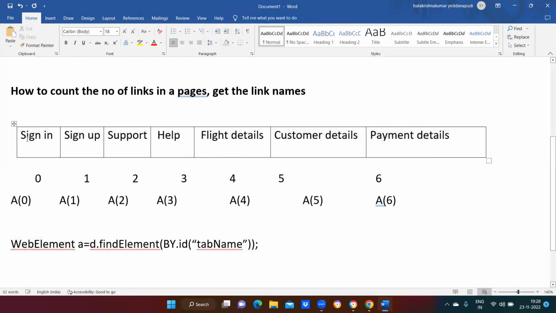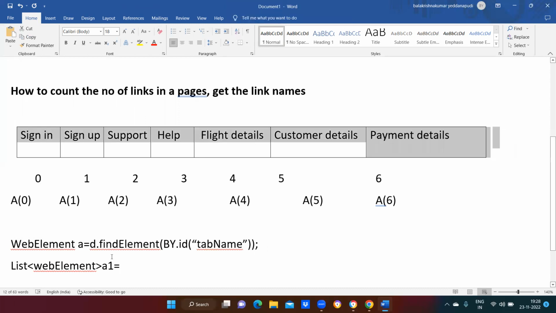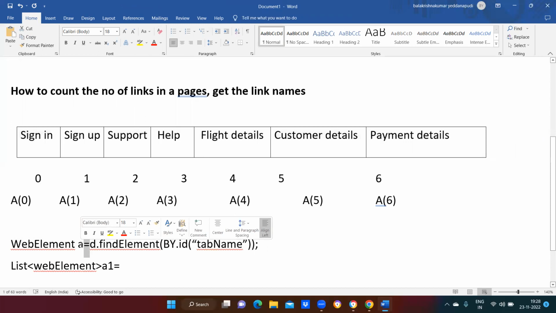Now I want to get the list of elements present in that. So for that, we write a list. You can write List<WebElement> a1 equal to... what will we write now, d dot or a dot? We have considered this entire tab with the name a. Now we want the elements inside it, so we write a dot findElements, not d dot findElements. a dot findElements